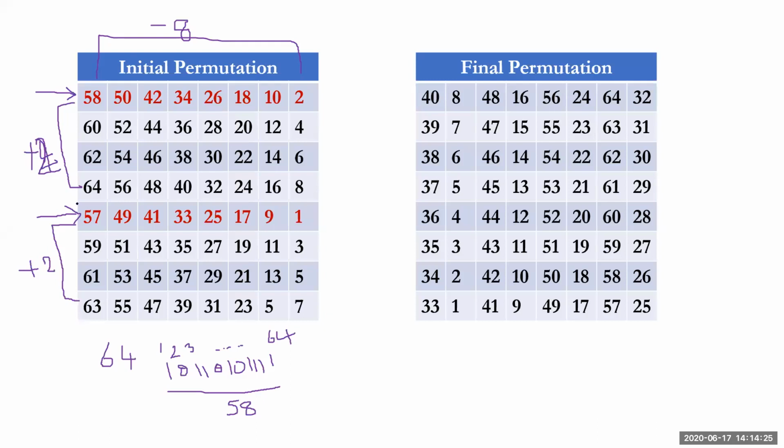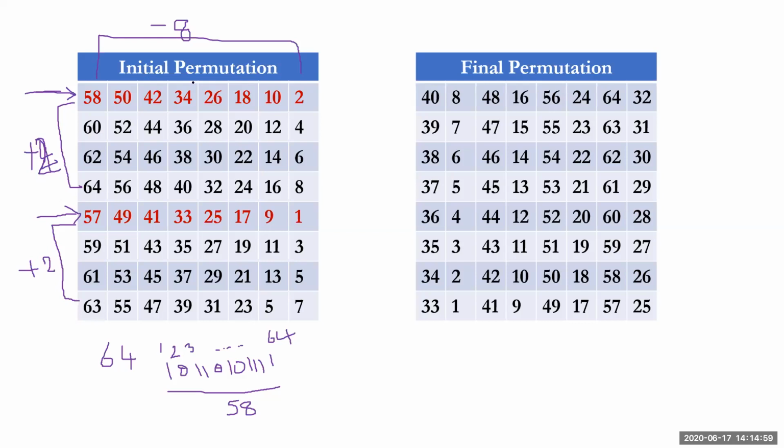You need to remember that in the initial permutation matrix, the first row must be remembered by heart, and the 5th row also by heart. Then it is very easy to do the process here. At least you need to remember the first value of the first row and the first value of the fifth row. Then it is very easy to write the initial permutation.